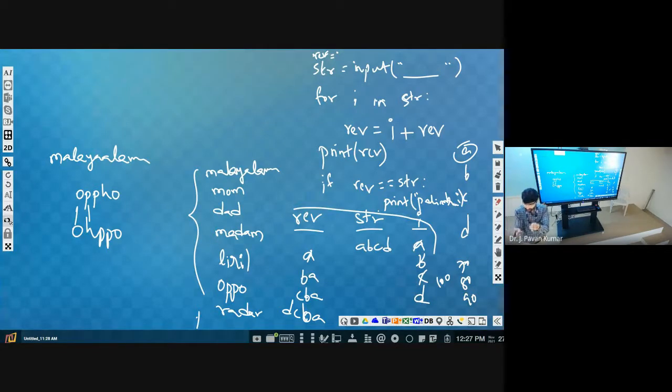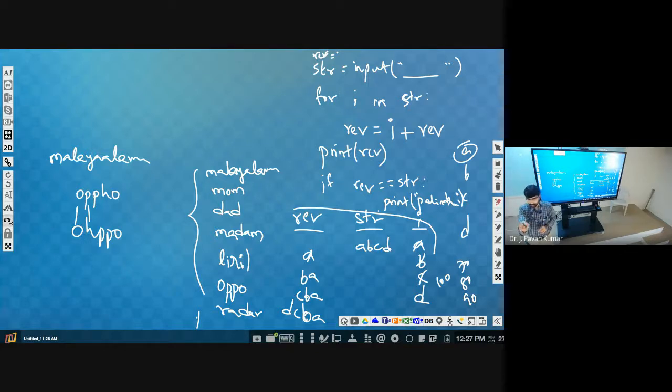If equal, then the third character and the third from the last. Same logic. If any two characters are not equal, then it's not a palindrome. If all are equal and you reach the same place or adjacent places, then we can say it's a palindrome. Can you write the logic?